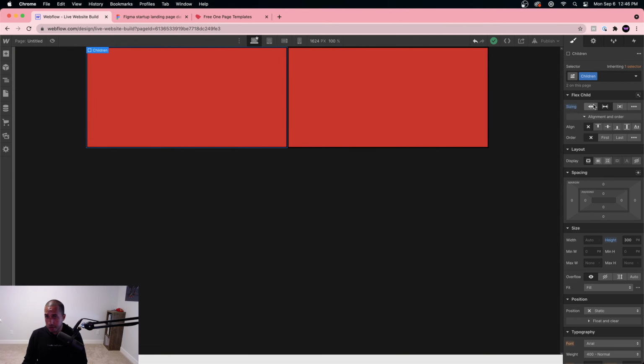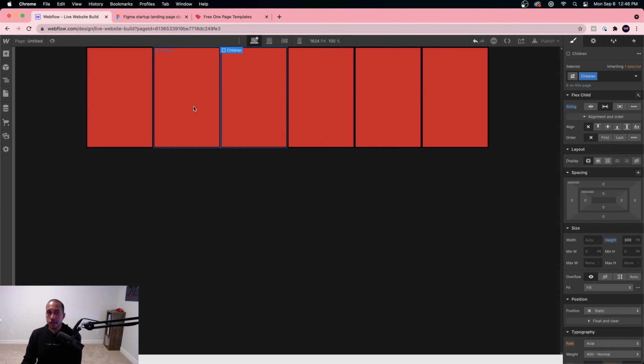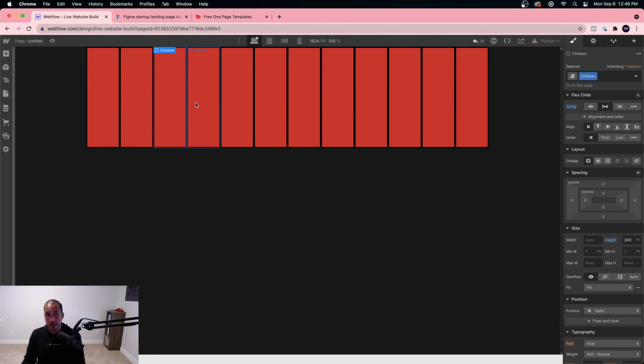I could just apply the grow if possible property to the children, and then I can just paste as many div blocks in there, and they'll just fill the available space, and you don't have to do any math or calculations with it, because we're saying, yeah, fill the parent element and use up the available space. If I wanted 12 columns, 1, 2, 3, 4, 5, 6, 7, 8, 9, 10, 11, 12, yep, or 3 columns,